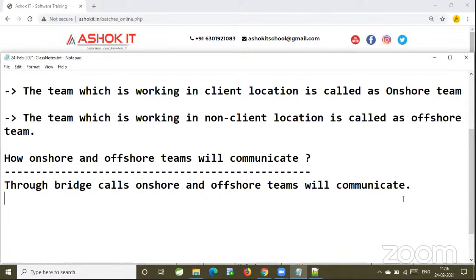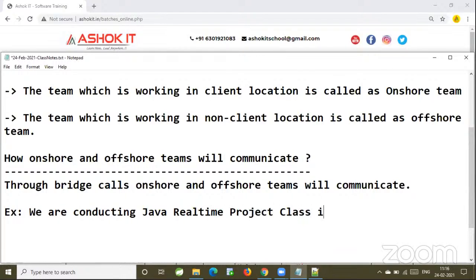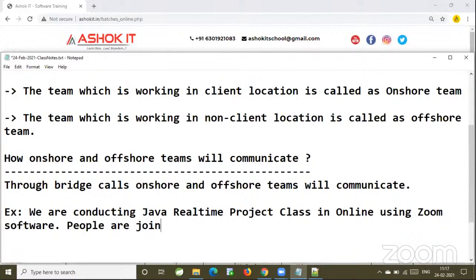Through Zoom. For example, we are conducting the Java real-time project class online using Zoom software. People are joining from different locations.